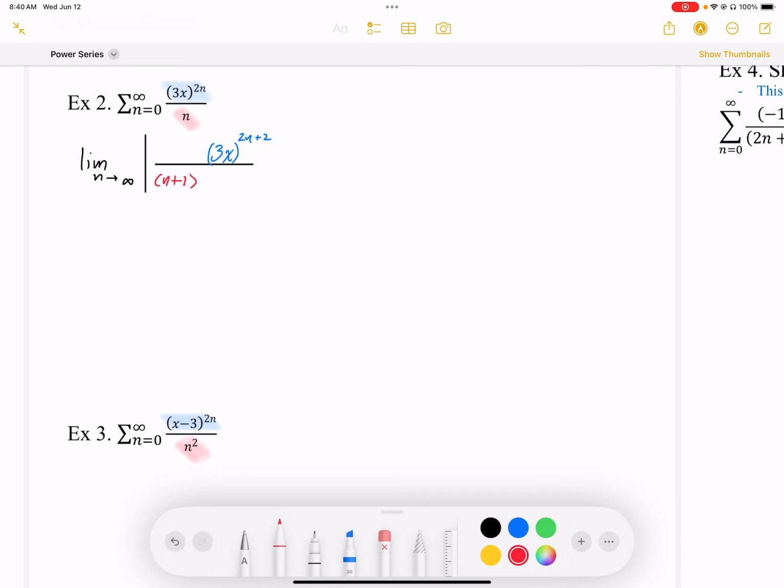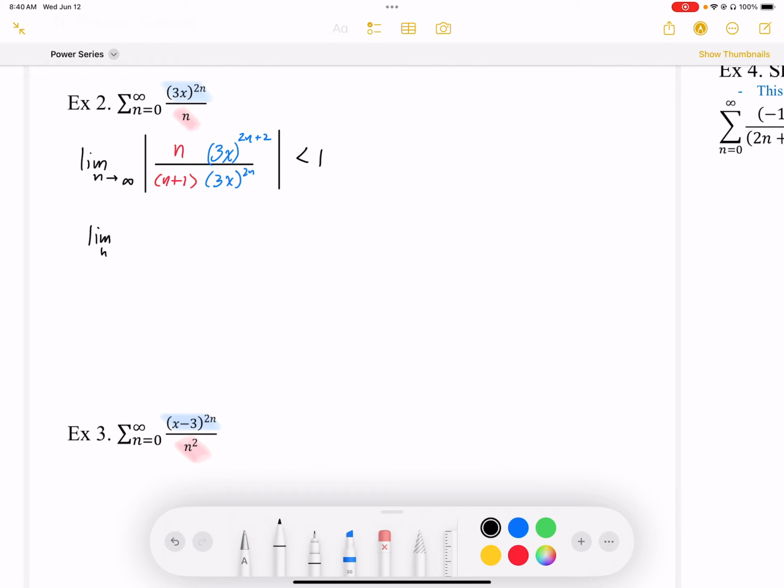Okay, so what I'm doing is I'm color coding the n's in red and the power series in blue. So then the 3x to the power 2n, so that's the n term, and it's going to be over n, which becomes n in the numerator. Okay, so I've got my ratio test here. It's got to be less than 1. When I apply my limit,